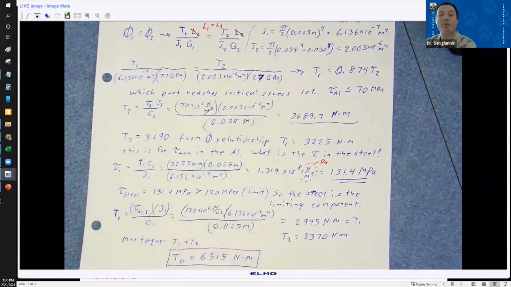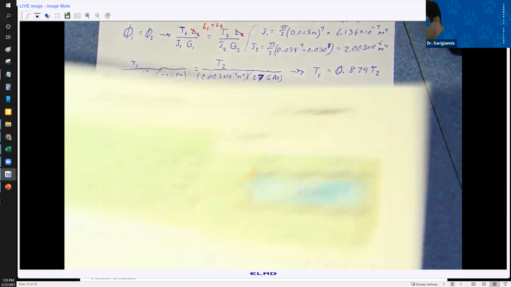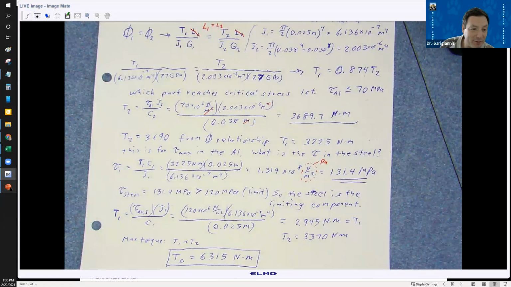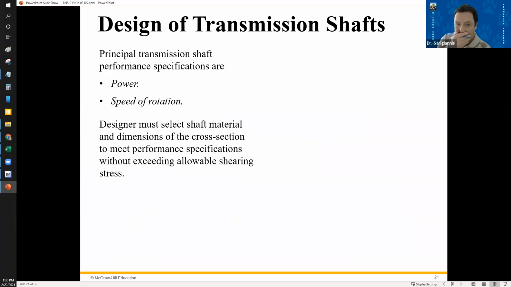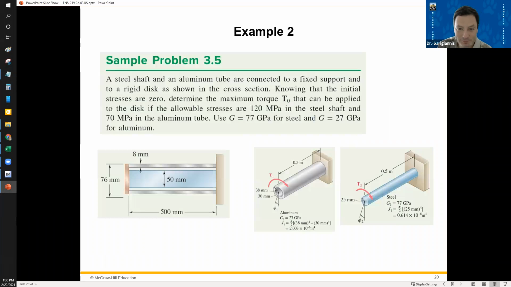So yeah, any questions about this problem here? I'm going to put this one away. Flip back to the PowerPoint for a minute. All right, so that was this problem. I'm going to leave this up while I put this away, and then we'll talk about